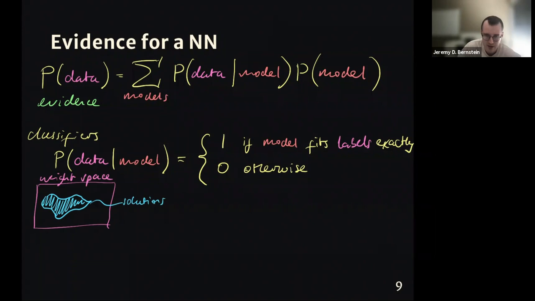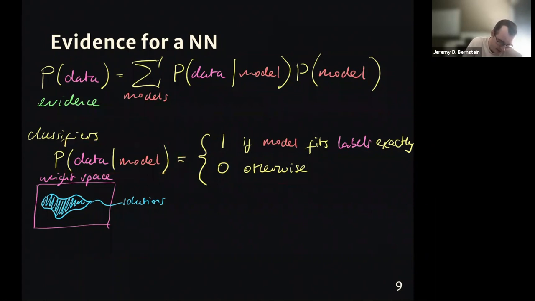But anything which is not a solution makes at least one mistake on the training set. So we're defining a solution to mean that the likelihood is equal to 1, and for all of the non-solutions, the likelihood equals 0. So we can now plug this likelihood into this expression for the evidence,